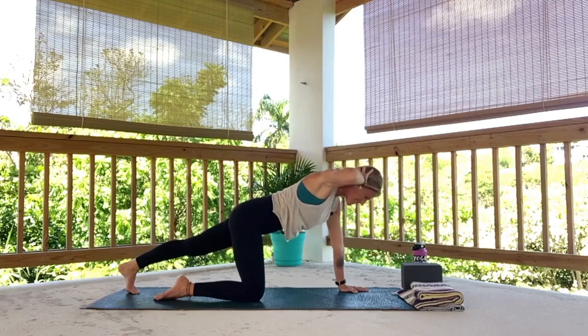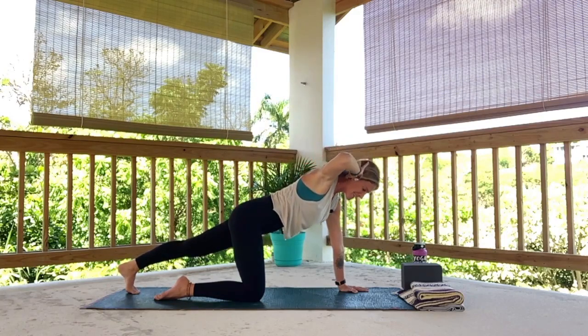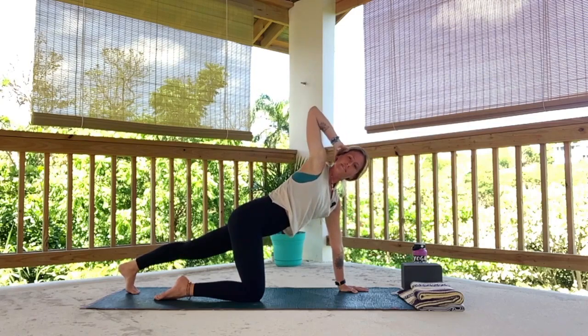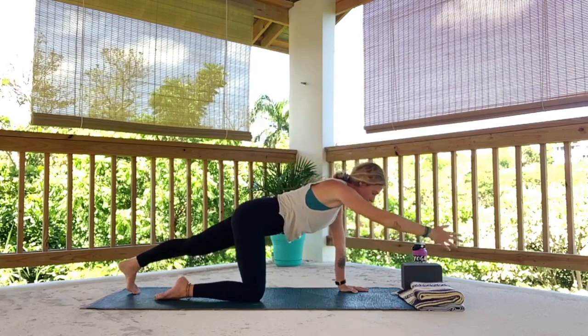2 more like that. Inhale, hug that right shoulder back. Find a little rotation. It's subtle. Let that be okay. Exhale, come on back. Do that 1 more time. Inhale. Good. Exhale, release. As you inhale, take your right arm forward and maybe float the left toes up, again,